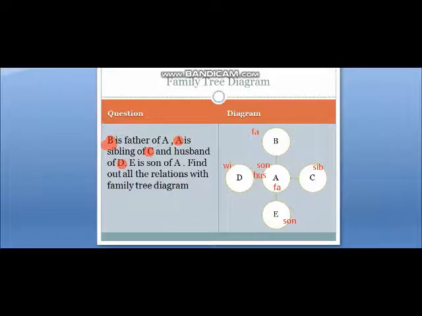Now B is father. अब ये अगर आप इसको देखेंगे, B and E का भी अगर आप रिलेशन देखते हैं तो what you are going to consider कि B is your grandfather of E and E is your grandson of B. Okay. Then what other relations are there? B and D. Then B and C. D and E. C and E. So these are the total relations which come under this question.